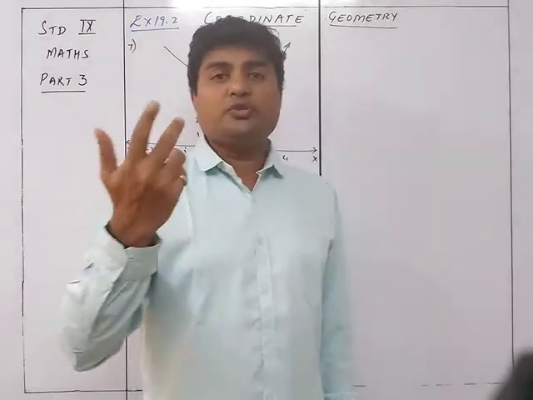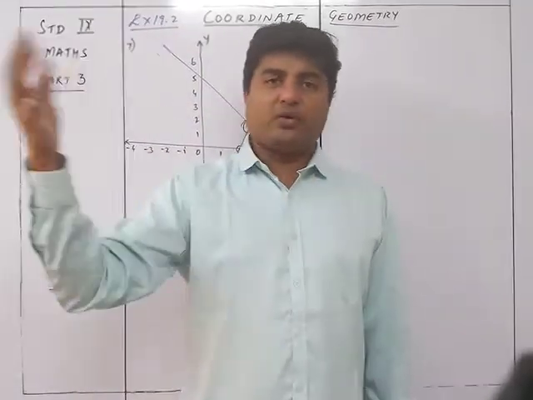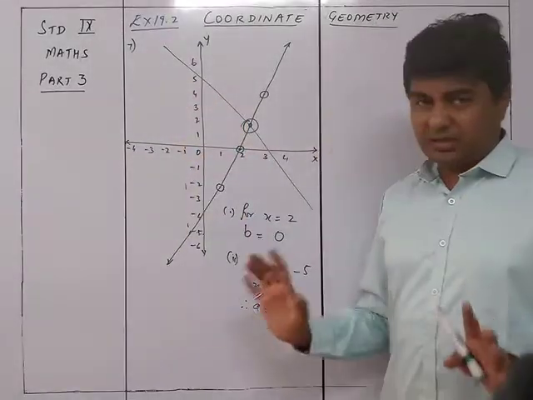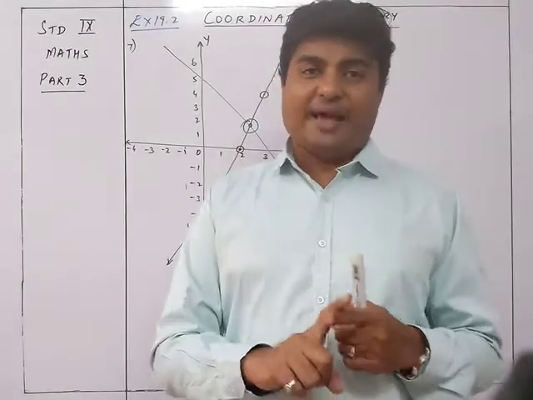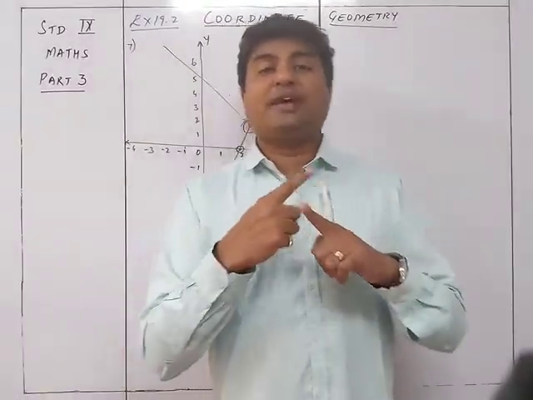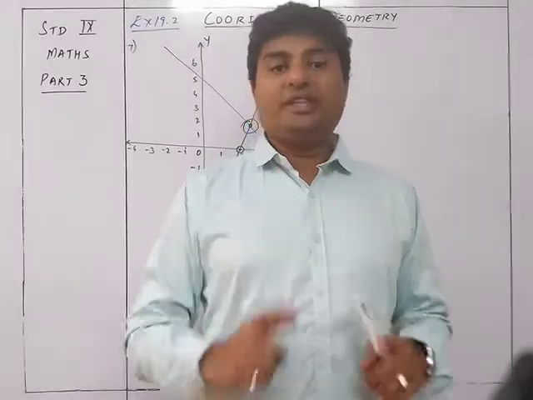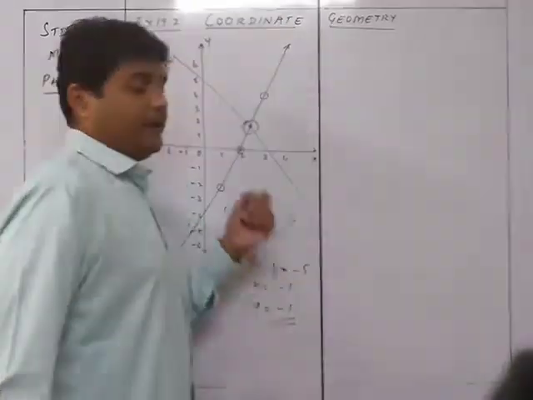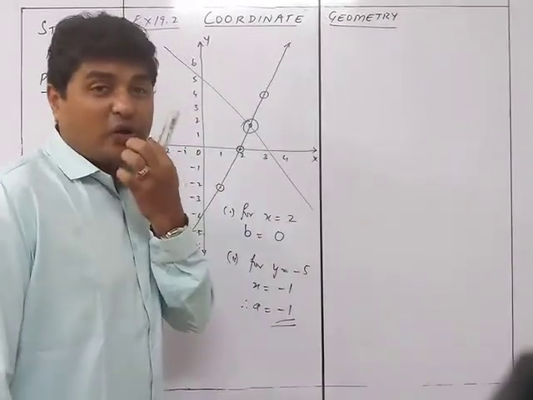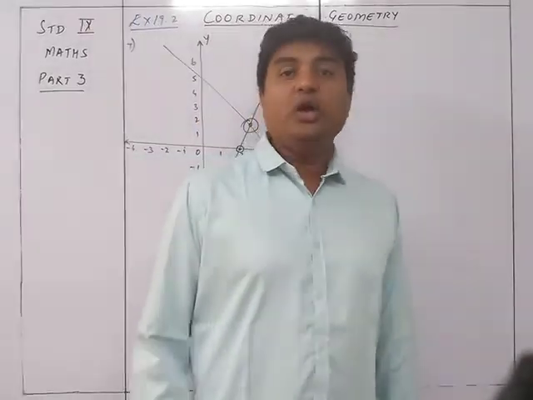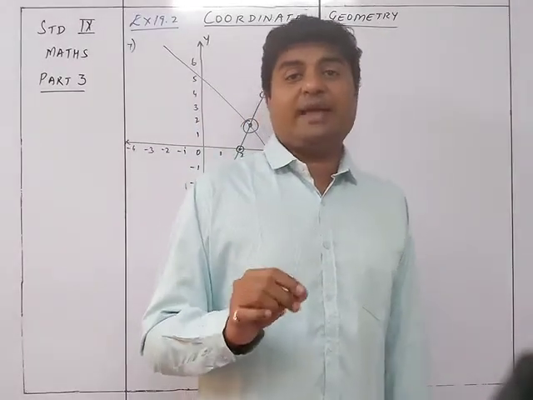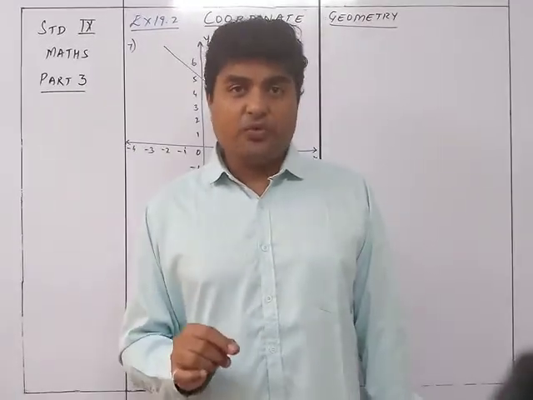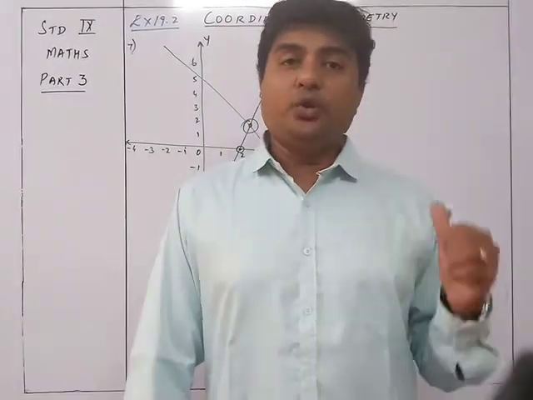That is, two equations are given, x plus y is equal to something and 2x plus y is equal to something. We are going to plot the lines for both of them as per the same method, and after plotting these lines you are going to see what is the intersection point of both these lines. The intersection point of both these lines is the solution set of the equations, or if you solve both these equations simultaneously, you will get the same answer. So that's why we can say that this is the graphical method of solving simultaneous equations. If you want to solve simultaneous equations graphically, you can do it by this particular method.